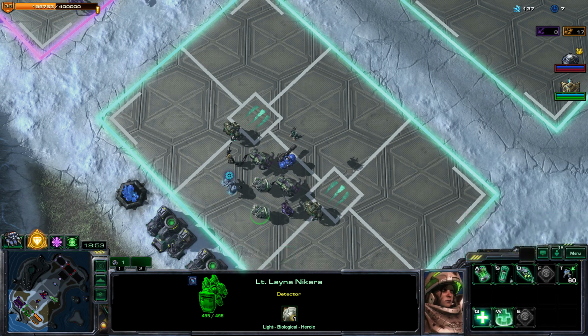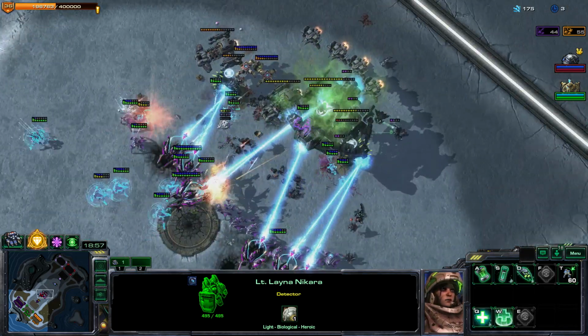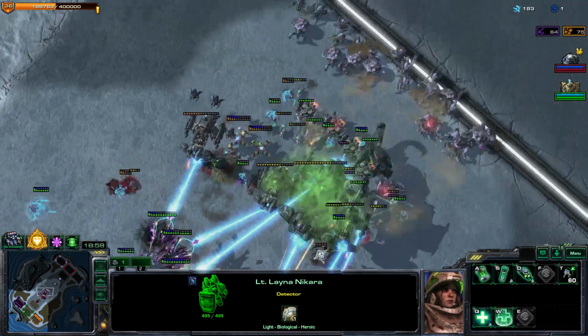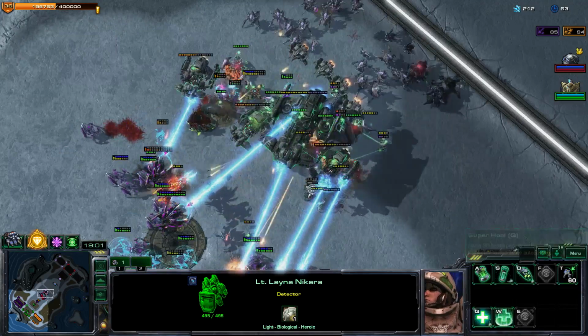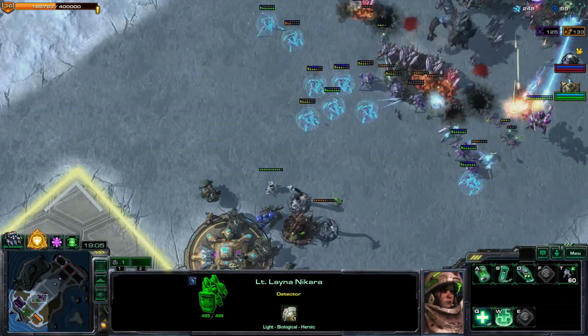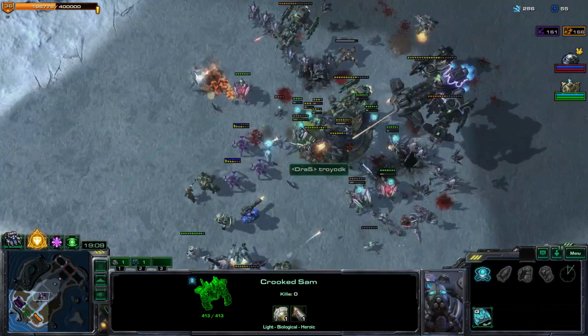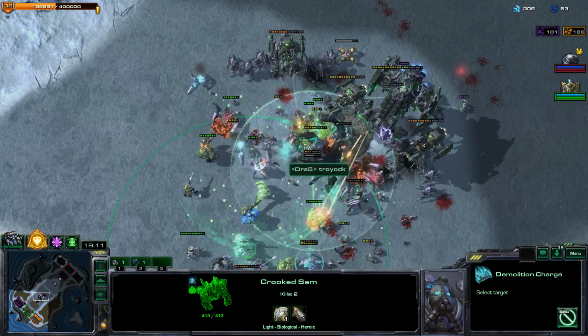That's another 900 minerals just to get those upgrades, but that will significantly help our survivability. Just because healing 60 life per second is kind of... No one is prepared to deal with a unit that heals 60 life per second, especially when 4 units are healing 60 life per second. Like, whoa. Let's go ahead and...